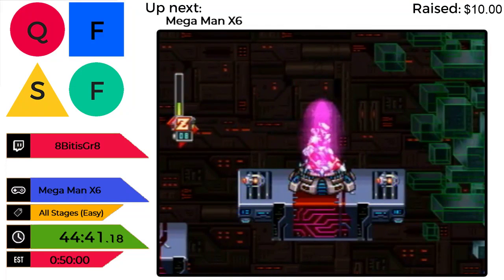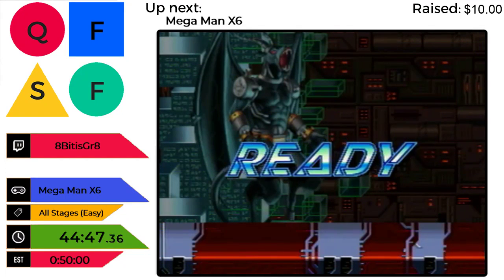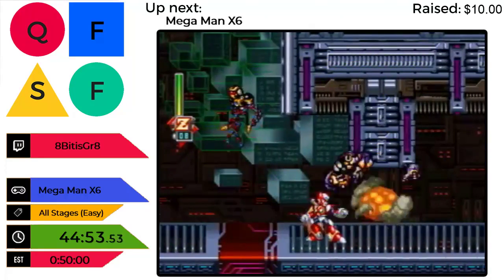And here we go. We're going to Hobo Sigma. And ironically, that's literally what he is. He basically looks like a hobo, and that's why we're calling it Hobo Sigma. So...